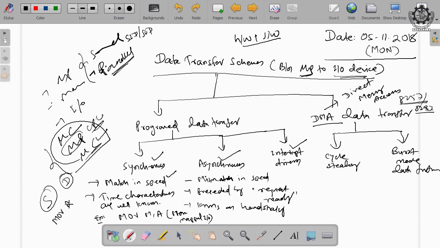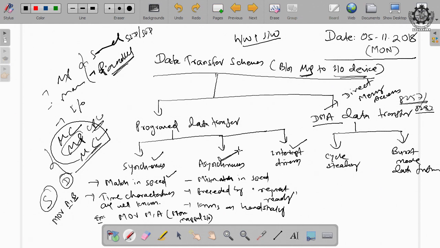See, if I write MOV A, B, so A is a register and B is a register. The speed of A matches with the speed of B. This is the best example for synchronous data transfer, but ideally there is no truly synchronous data transfer, because there is at least a communication delay that cannot be tolerated using synchronous data transfer schemes. So, next is asynchronous.